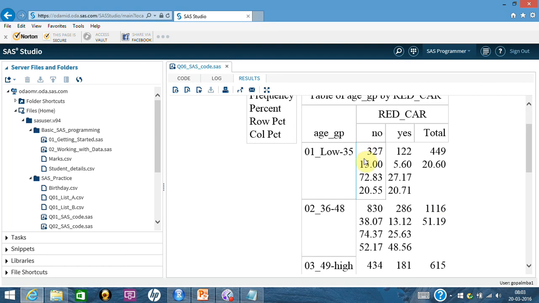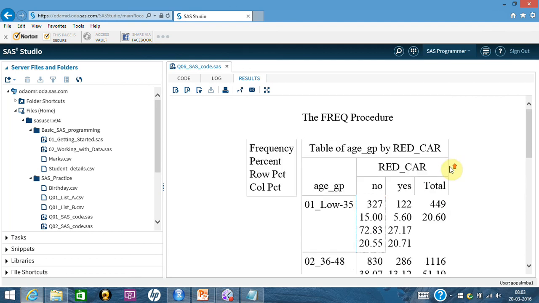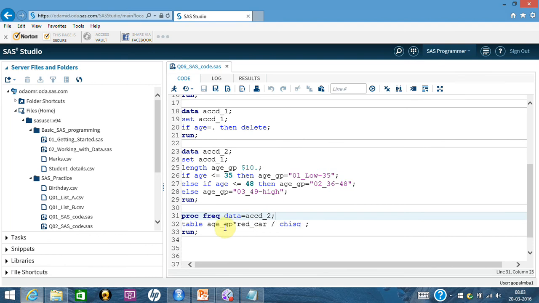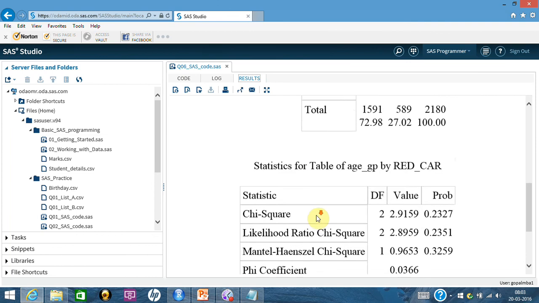So you get cell percentage, row percentage, column percentage, everything gets populated the moment you are putting no row, no column command. If you are not putting it, it produces. And the chi-sq command produces the chi-square statistics anyway.